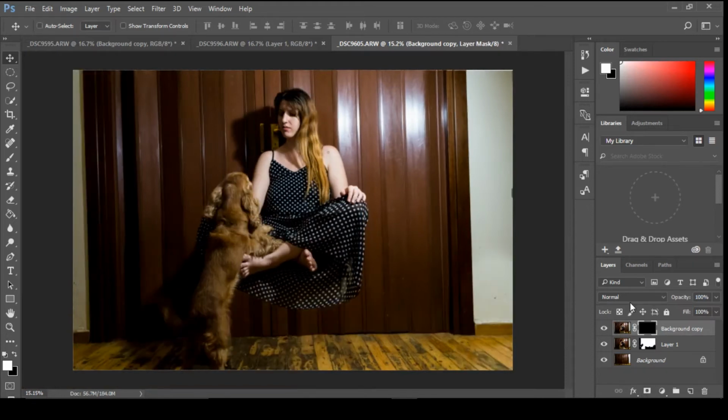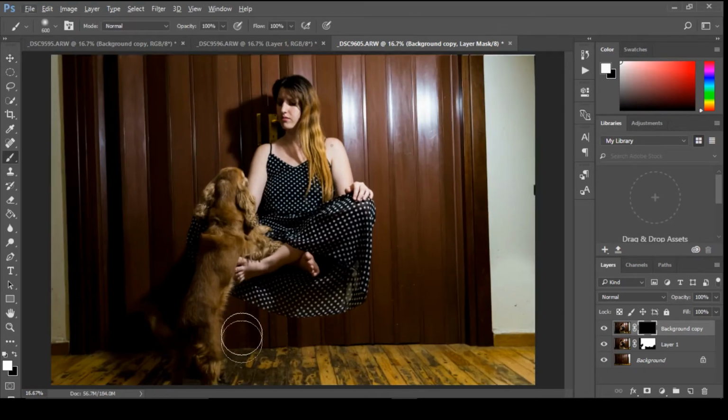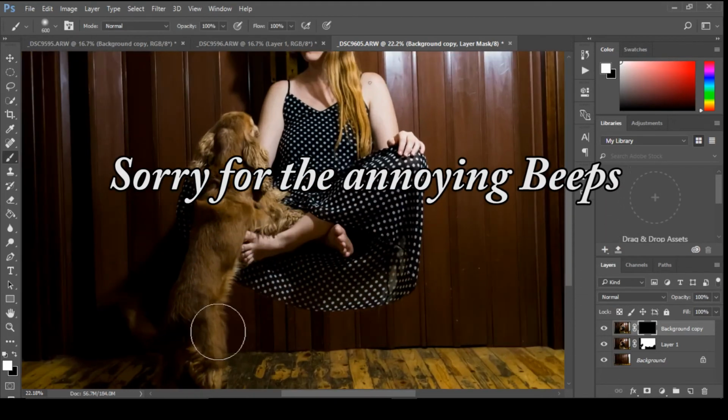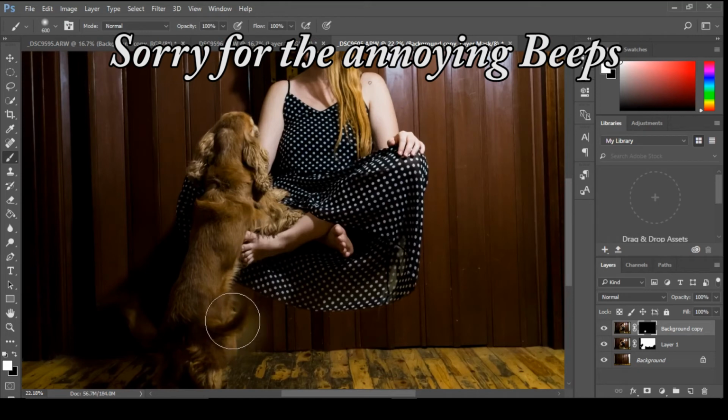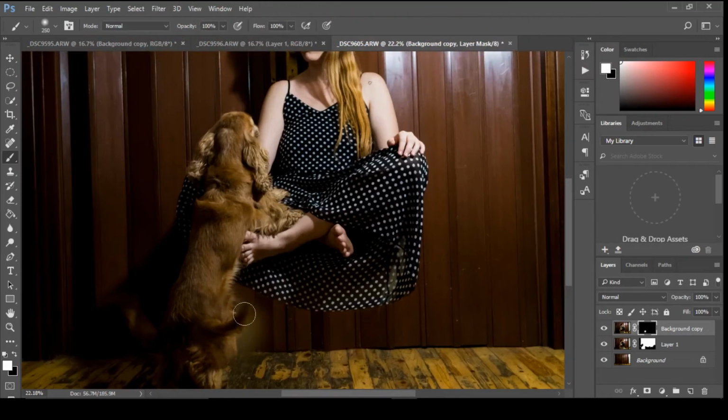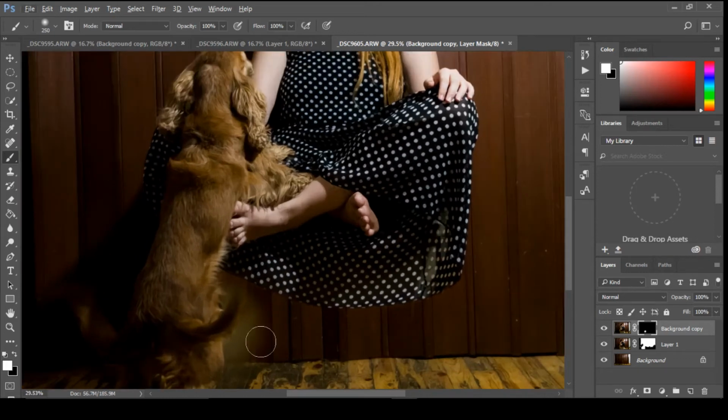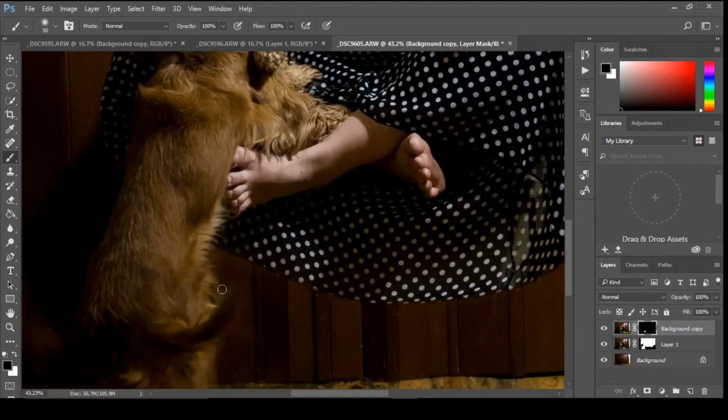Press Ctrl I to inverse this mask, and now we can paint back the tail of our dog like this. A little bit more like this.